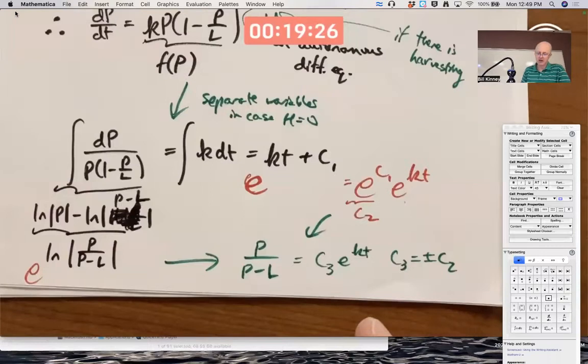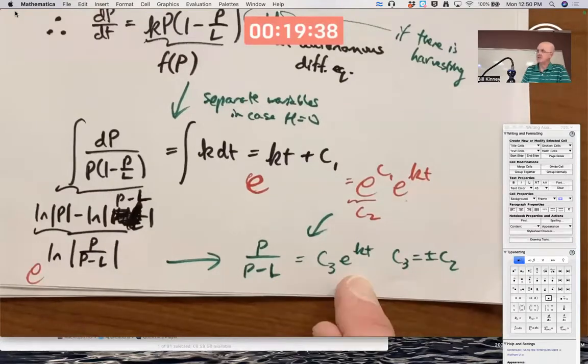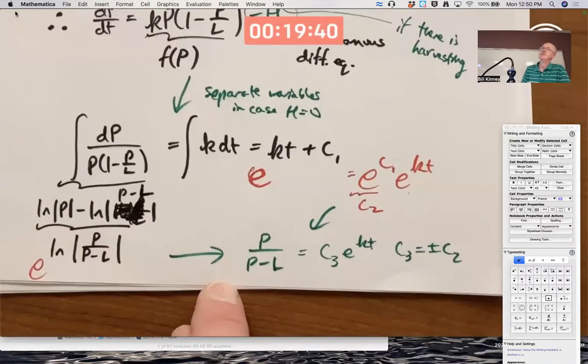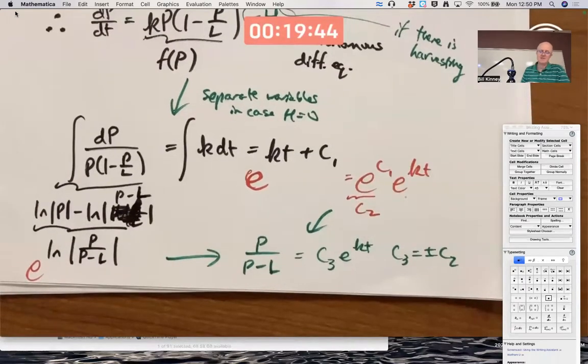And then solve for P. It's not as hard as it looks. Multiply both sides by P minus L to cancel it over there. And you'll get a P term over here that can be subtracted from both sides. And then you can factor out a P before you finally divide. To solve for P,